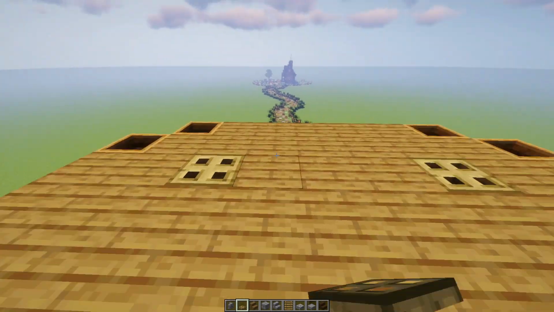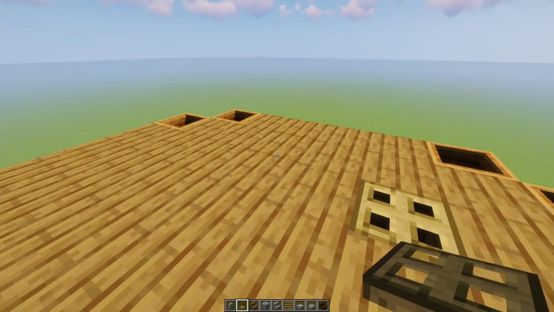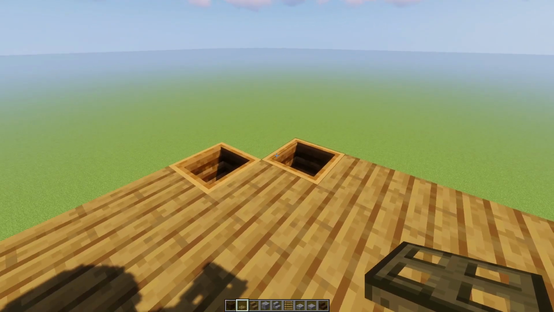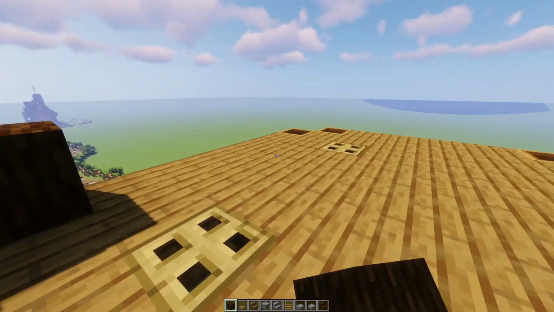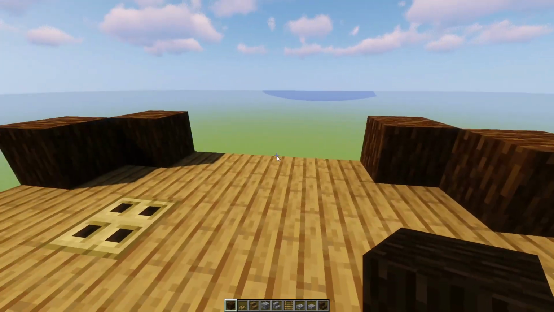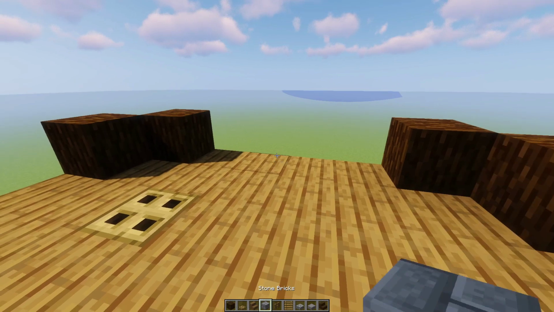Let's just close those off so as we don't fall down, because I will fall down if I'm given half a chance. And what I'm going to do is build off on top of here with, again, some more of the spruce wood, just to continue that spruce wood pillar on each of these. And this is going to become a bit of a lookout post, but it's also going to be functional in that I'm going to take some spruce fences,